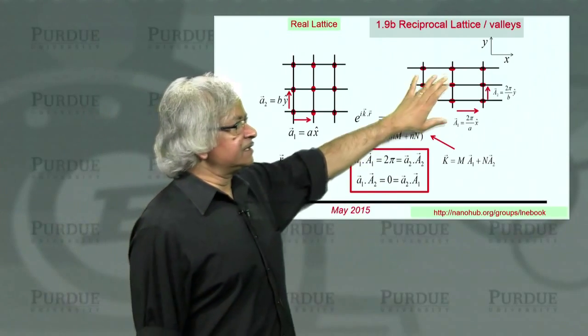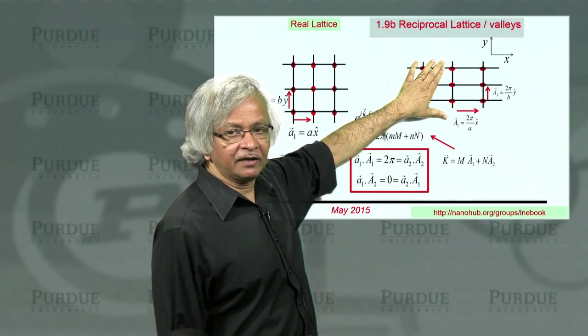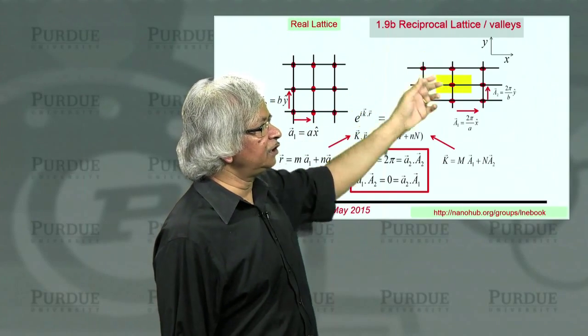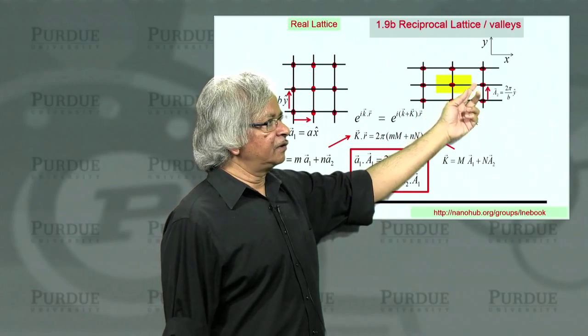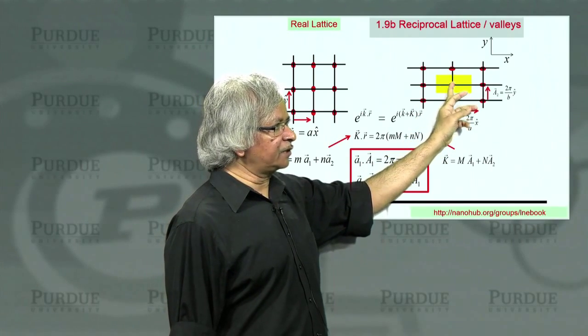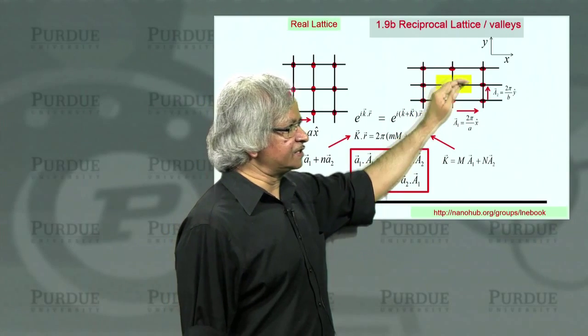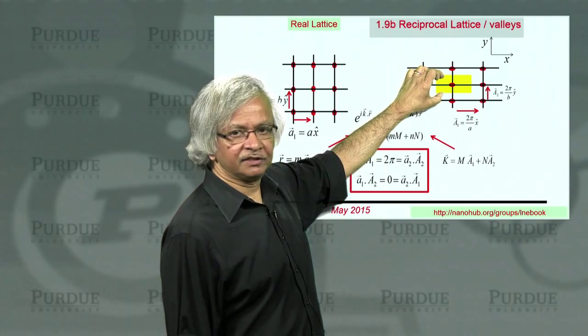So what that means is that in this k space, when we are trying to classify our solutions, we are looking at how many solutions we have, you should only look within a Brillouin zone, a region which is like around that point obtained by taking half these distances. So it's like you bisect all of these and get this region here.